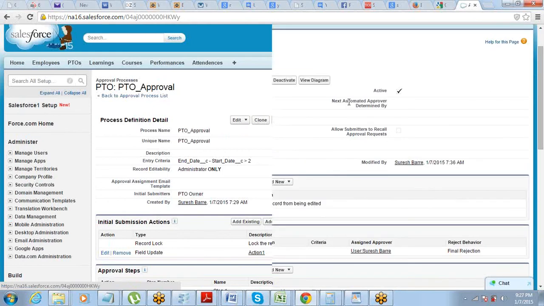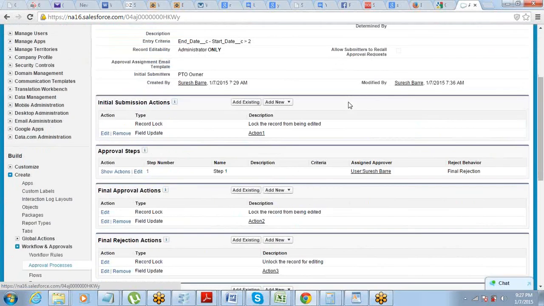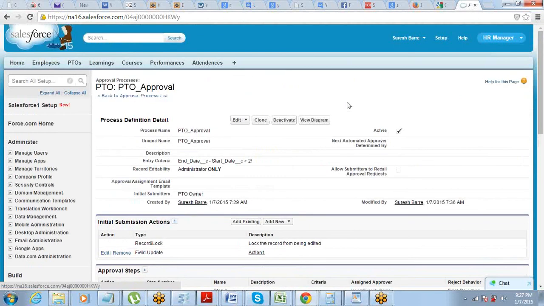Correct? In this case it's not set up, so he will not receive. The assigned approver is Suresh. I was setting up the owner as an email alert, not as approver.